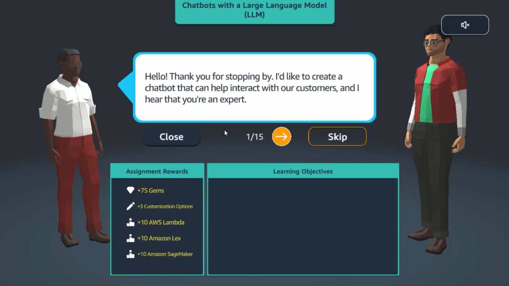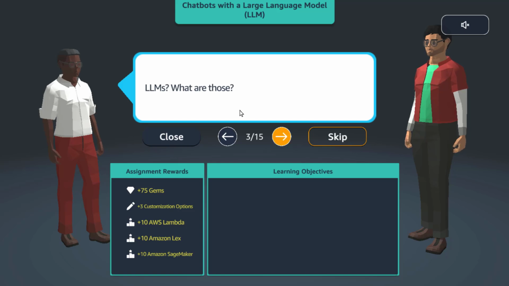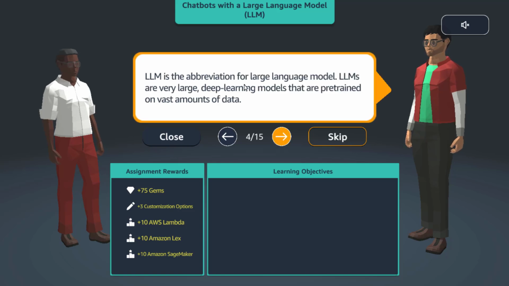Hello, thank you for stopping by. I would like to create a chatbot that can help interact with our customers, and I hear that you are an expert. Yep, we almost reached the expert level. Well, I've been experimenting with chatbots, especially how they can be integrated with LLMs, large language models. LLMs? What are those? LLM is the abbreviation for large language model.